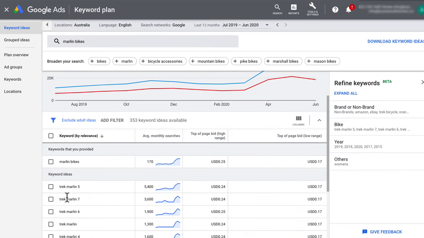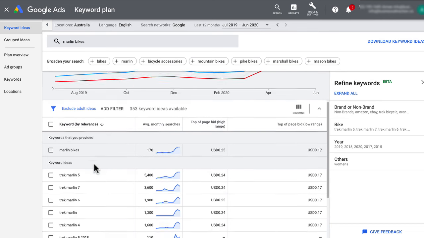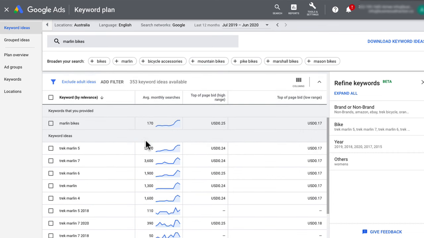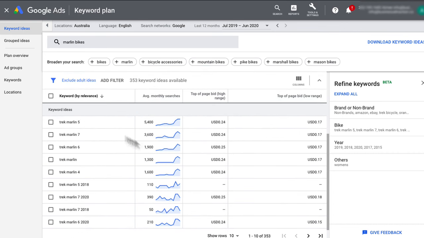You've got a few options here in terms of structuring your ad group. You could create an ad group called Marlin Bikes and enter the keyword Marlin Bikes for that specific ad group. However, it only has 170 monthly searches, and that may not be enough for one ad group. If we look further, there are keyword ideas of Trek Marlin 5 up to 6 and 7. Each one of these keyword ideas has some decent monthly search volumes. So for example, Trek Marlin 5 could be its own keyword theme ad group because it has monthly search volumes